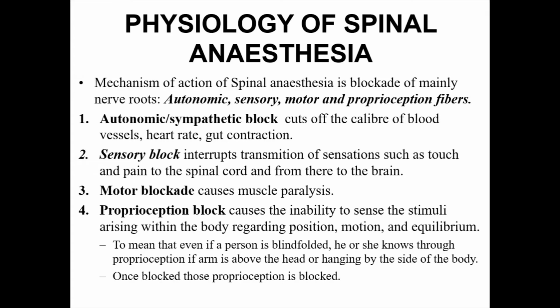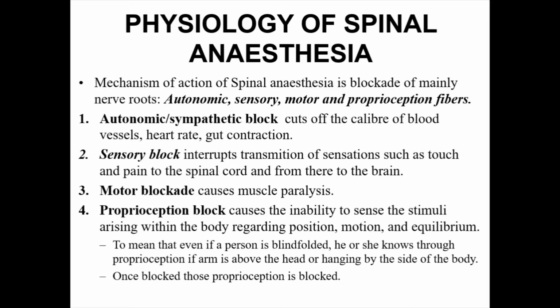The physiology of spinal anesthesia: the mechanism of spinal anesthesia means the blockade of nerve roots around the spinal cord, autonomic, sensory, motor, and proprioception fibers. First, sympathetic block or autonomic. Of course, in the autonomic system we have sympathetic and parasympathetic, but during spinal anesthesia we mostly block sympathetic because parasympathetic is craniosacral. So during spinal anesthesia, we block mainly sympathetic because it's thoracolumbar. It affects the caliber of blood vessels, heart rate,